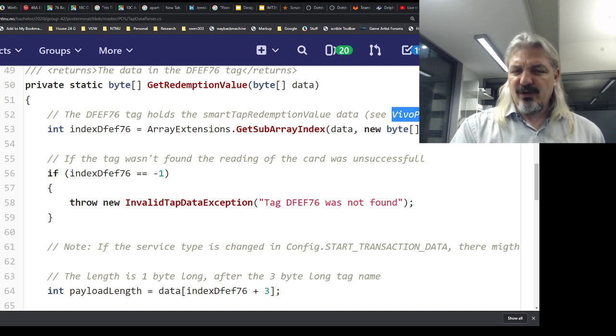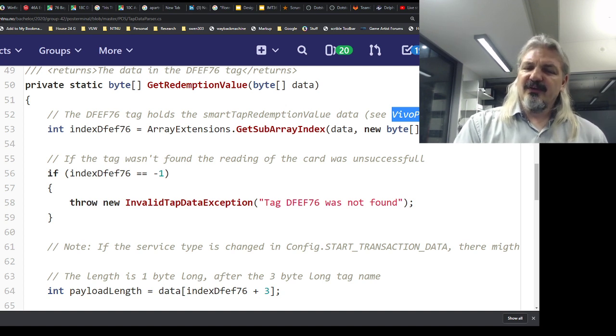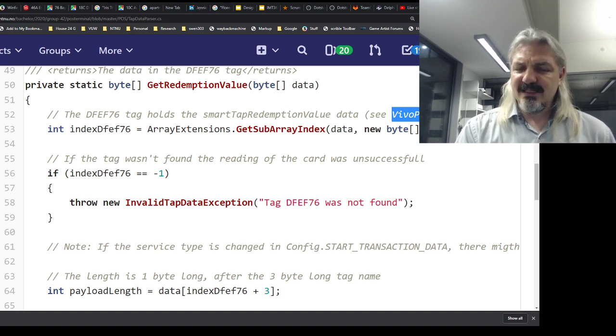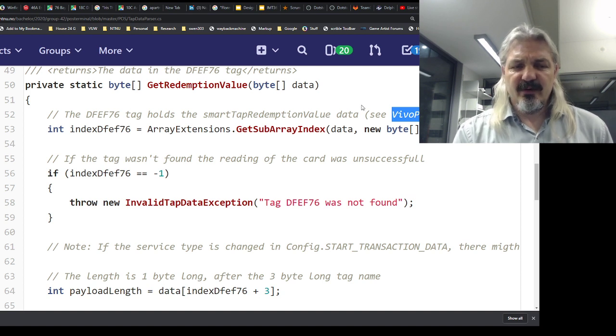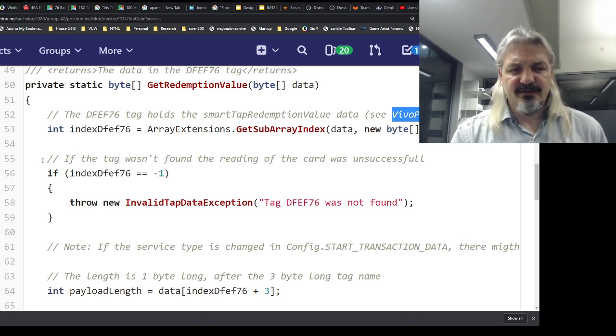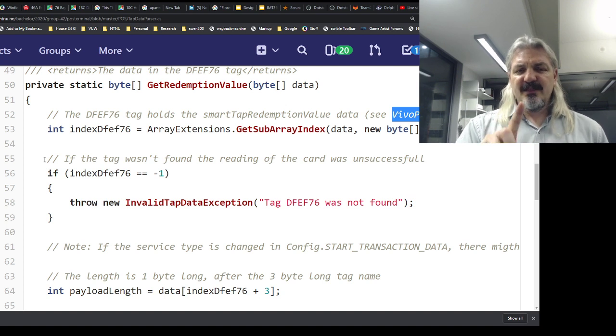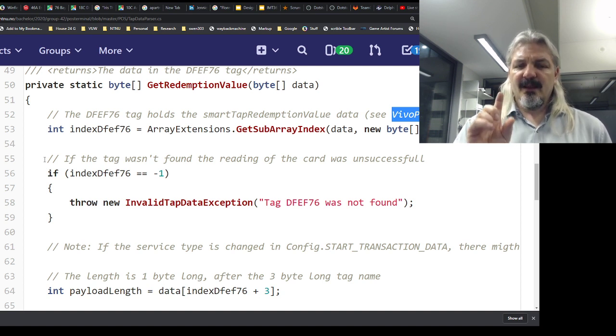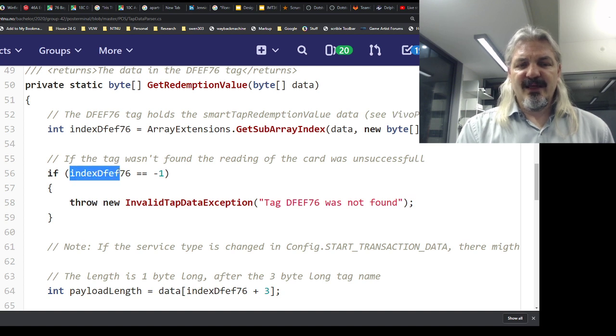This is quite a lot of documentation in the code. So generally we'd look for less documentation in the code. For example, on line 55 here, where we have "if the tag wasn't found, the reading of the card was unsuccessful," that long phrase could be replaced,